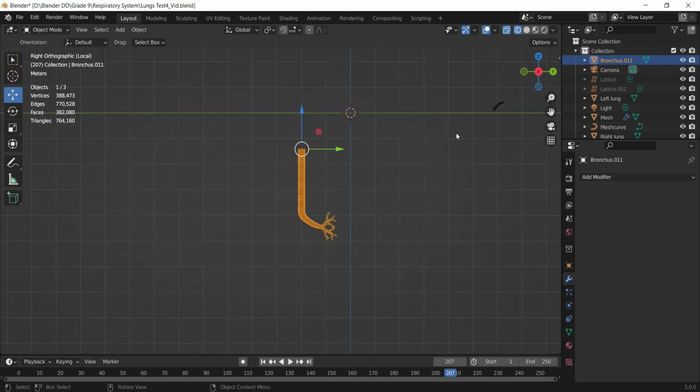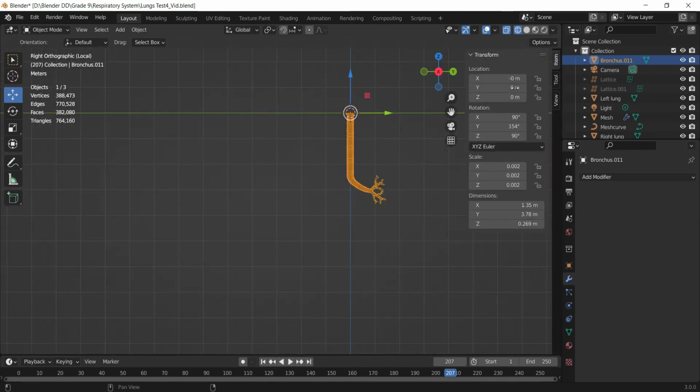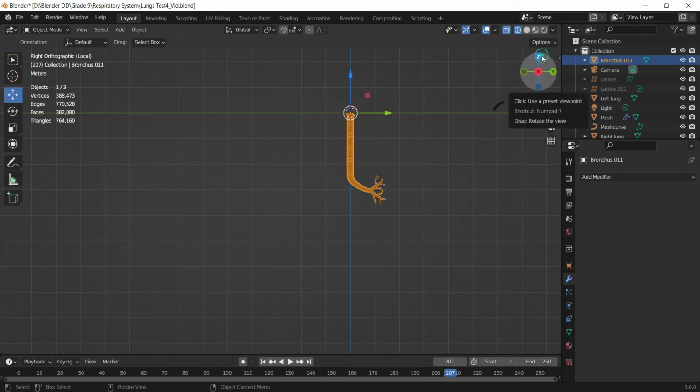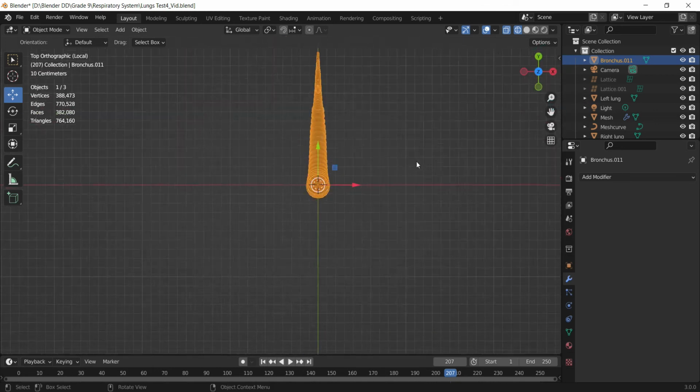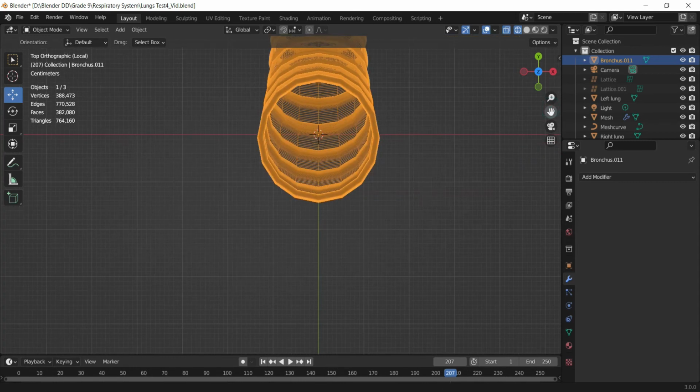All right, so 0, perfect. And if we check the gizmo from the top view, I think it's okay.